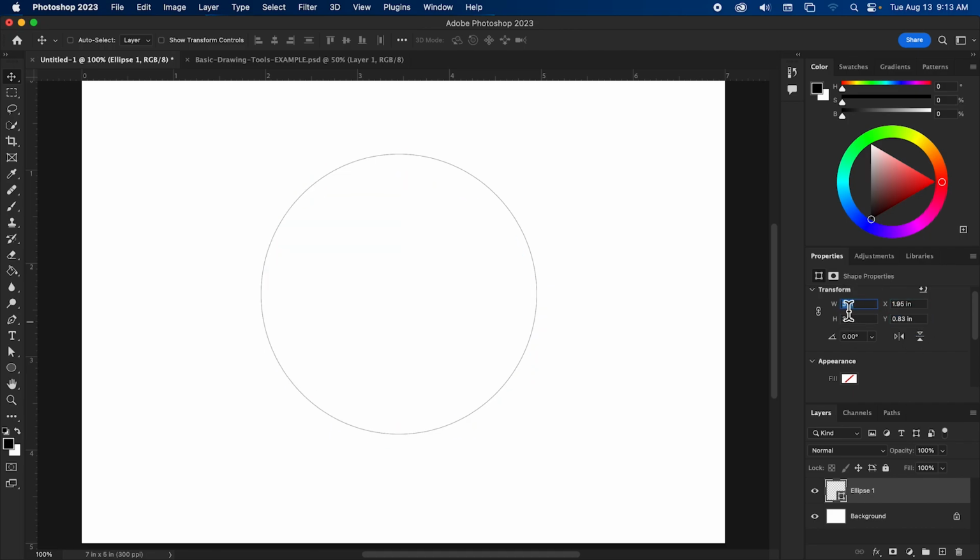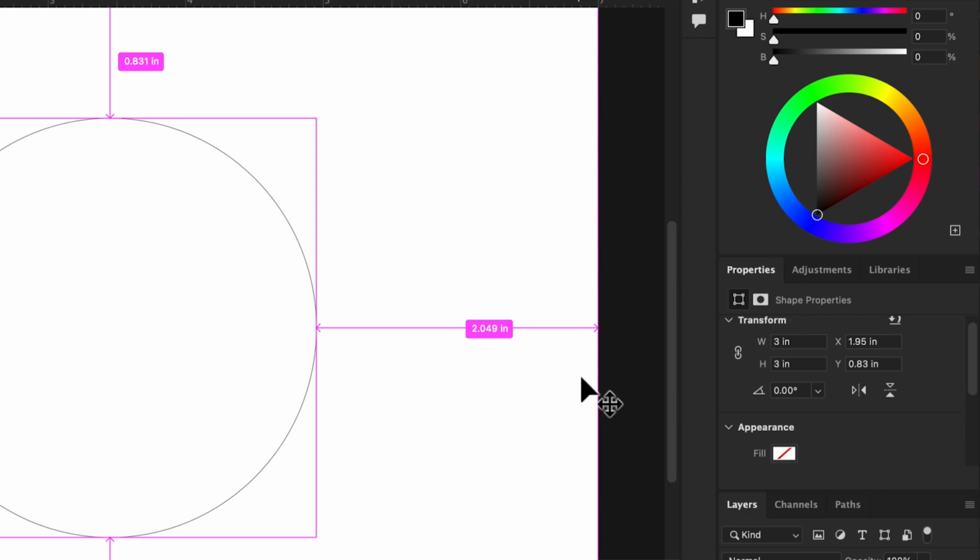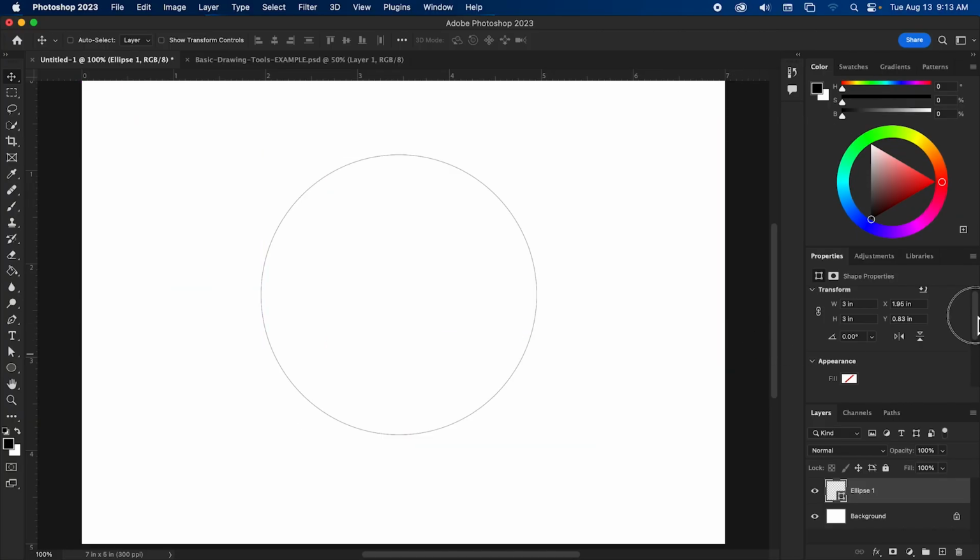You can always either type in here or you can mouse right over this and pull it from left to right. Mouse over, click and drag. The properties for our shape are appearance and pathfinder. You don't have to worry about pathfinder.